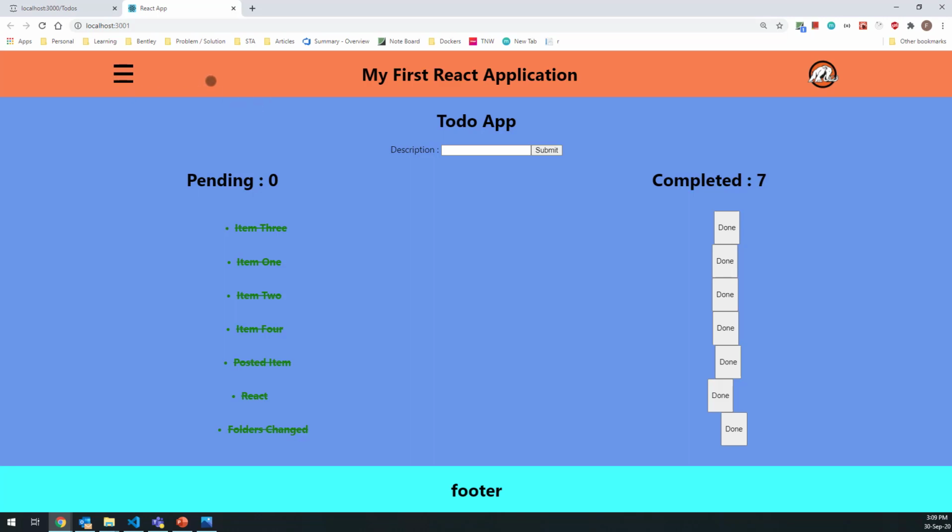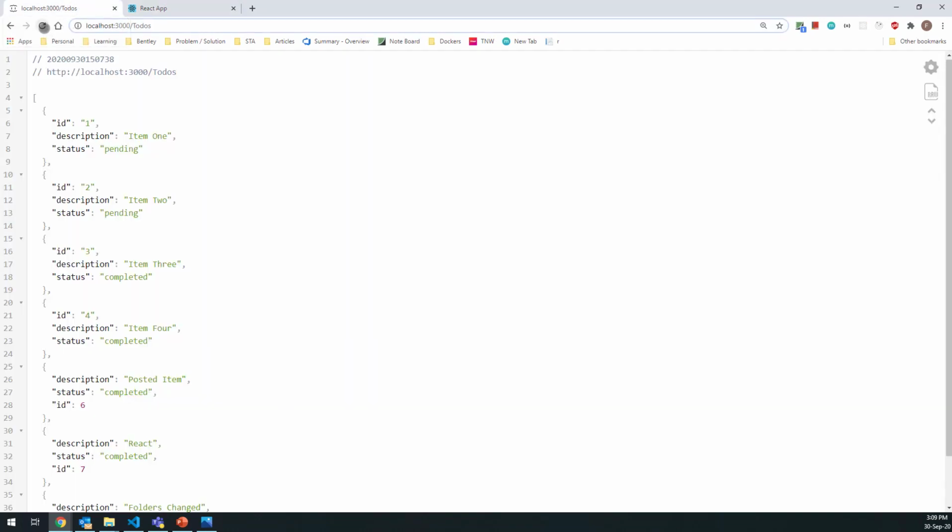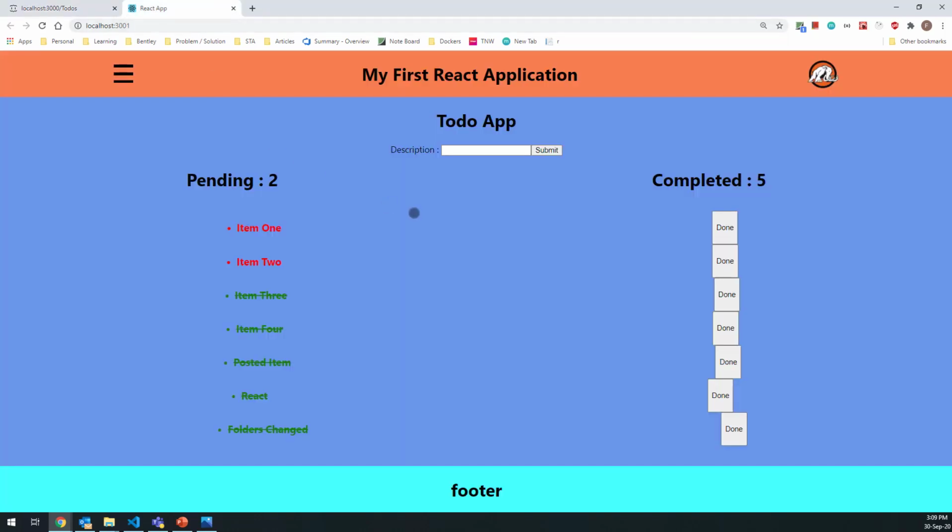And finally, we added the support to connect it to the backend API. So now these are the items that we are getting from the backend API. If I click reload, these items are being persisted. So here we are using JSON Server for our backend web API. JSON Server provides you with the tools to quickly create a backend web API, so you don't have to create a whole project and write the piece of code. You can just create a JSON file and run the JSON Server on that file.